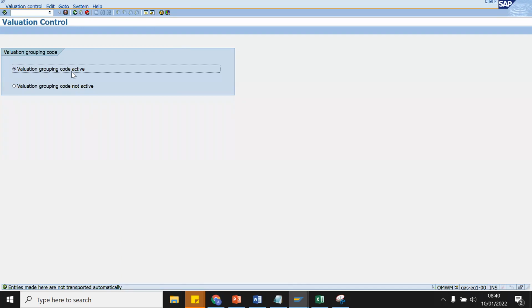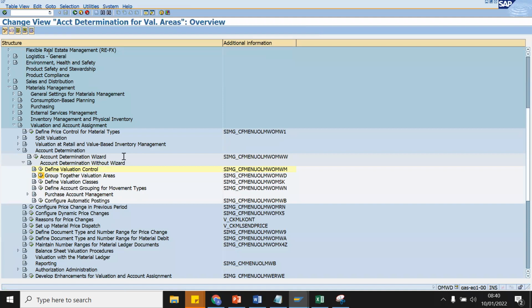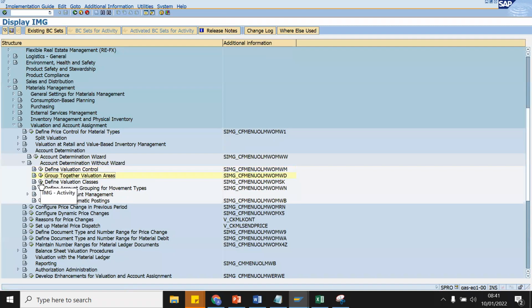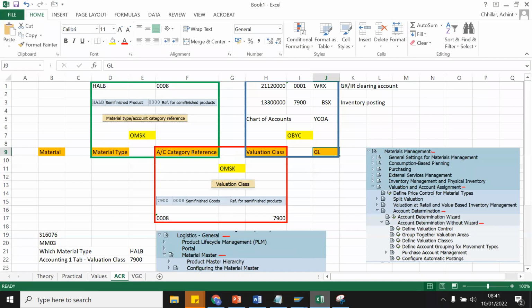This will always be active when you get a fresh SAP license. So the valuation grouping code will always be in an inactive state when given to you. Then we can add this valuation grouping code. I will discuss this in a bit. Don't need to worry about this right now. So this is what we are focusing on in this Excel sheet here.